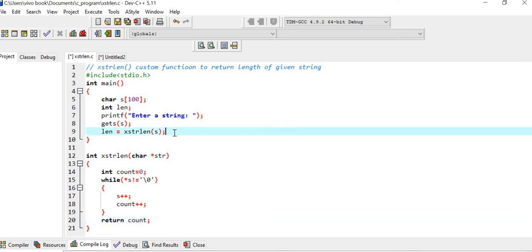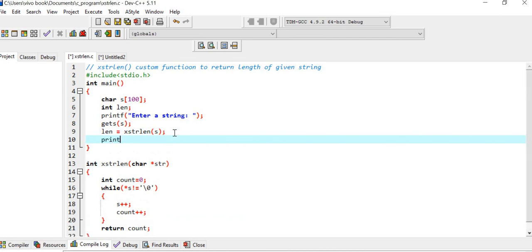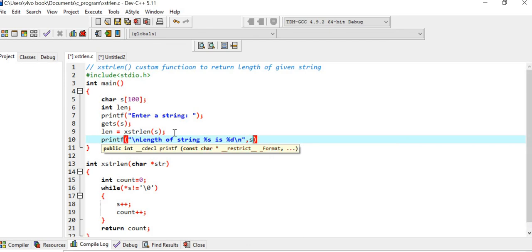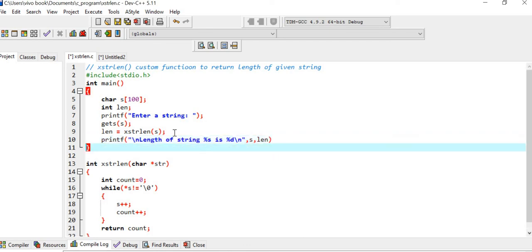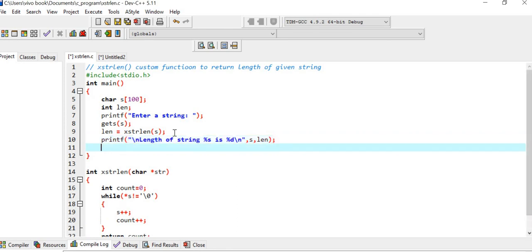Then finally we can print the value: printf "length of string %s is %d\n", where %s is given by str and %d is given by len. Let us finally write the return 0 statement, return 0.